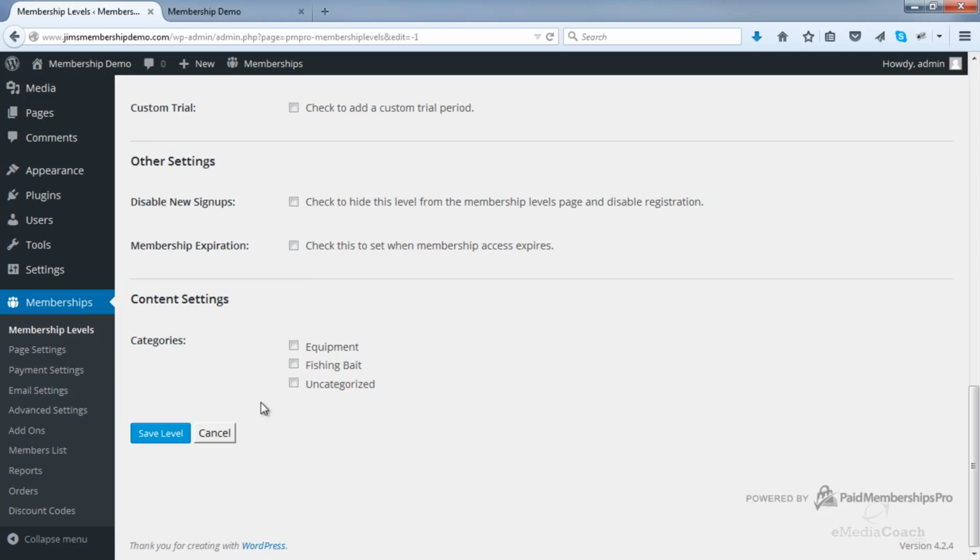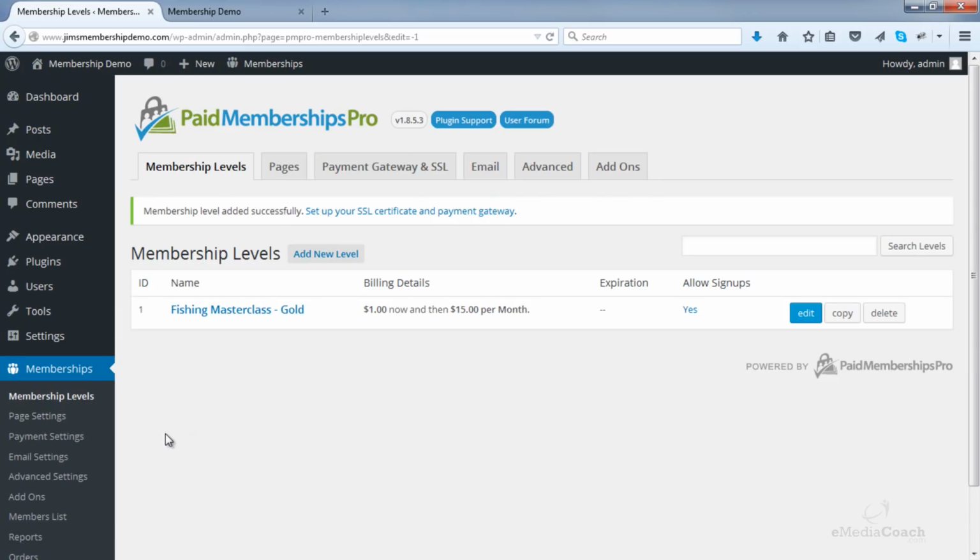Remember how I said it is very important to set a category when you add a post. What we need to do is for any of our posts or any of your content that is restricted, you need to create a new category for those restricted posts. And I'll show you what I mean. So for now, let's just save this level, save all the info you've entered already.